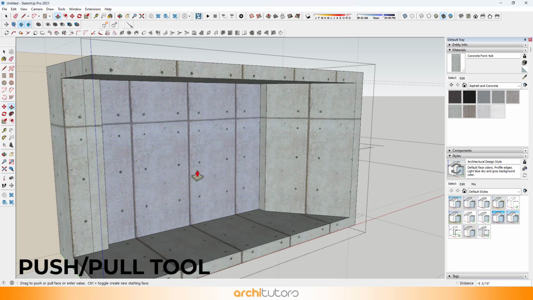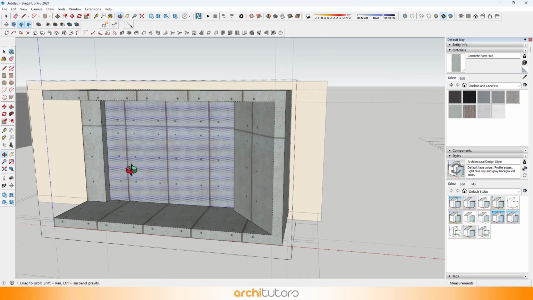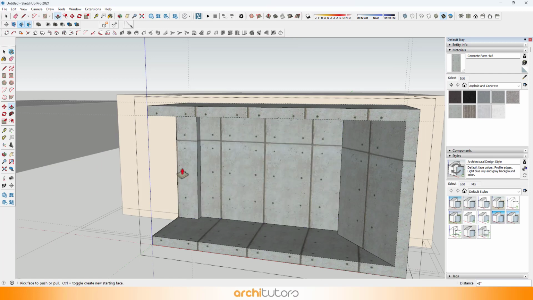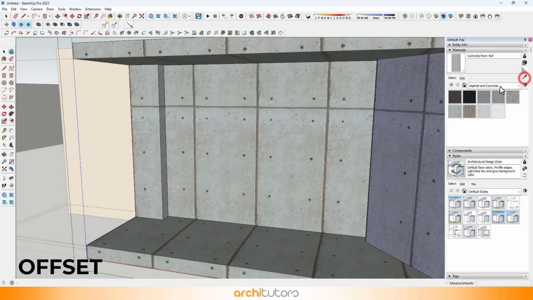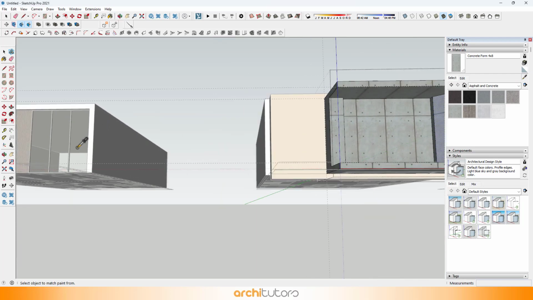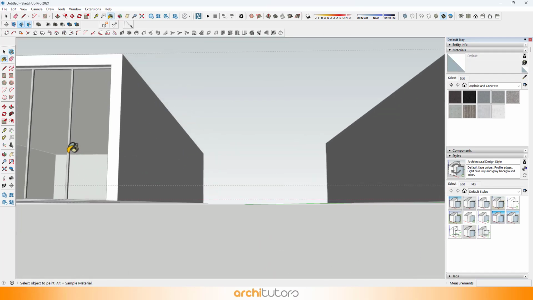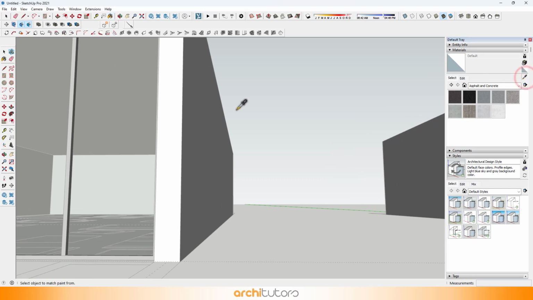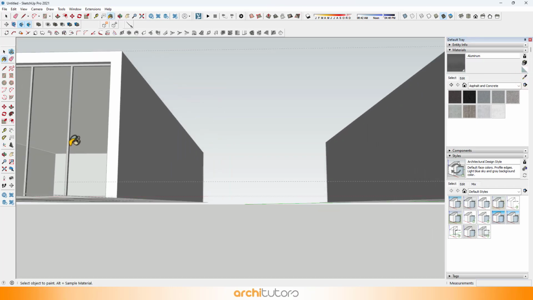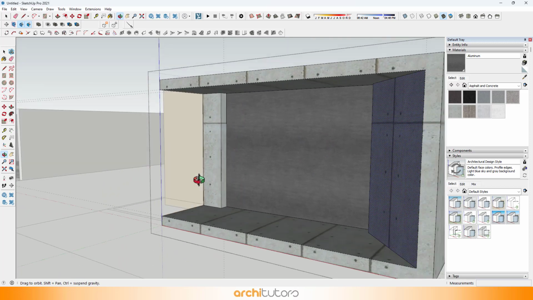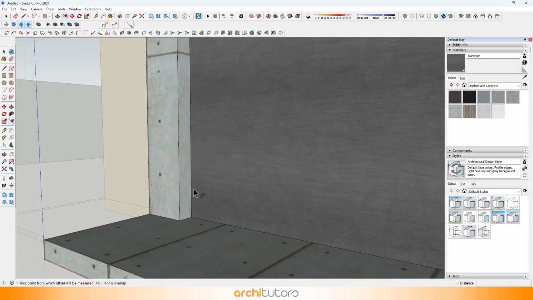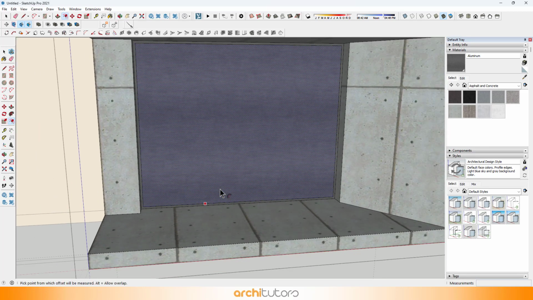Push the box in to create a window. Offset the face to create window frame and intrude to make the glass surface.